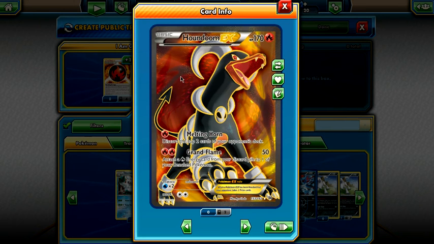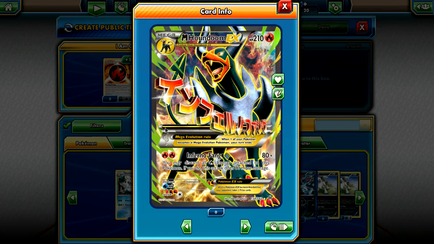Coming in at number 8, we have another 2 cards, or technically 1 card. It's just going to be Houndoom and Mega Houndoom EX. Houndoom EX is a great card because Melting Horn is a very powerful attack. And then we have Mega Houndoom EX, which is also pretty strong because Inferno Fang is actually a pretty decent attack. For 2 fires, you do 80, you discard all those fires if you want to do 160,